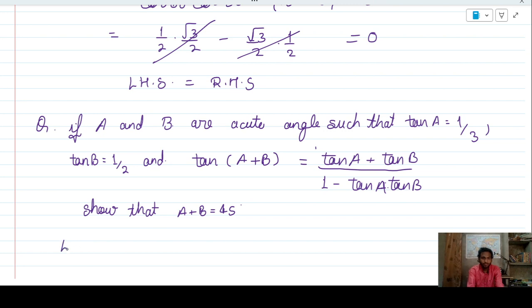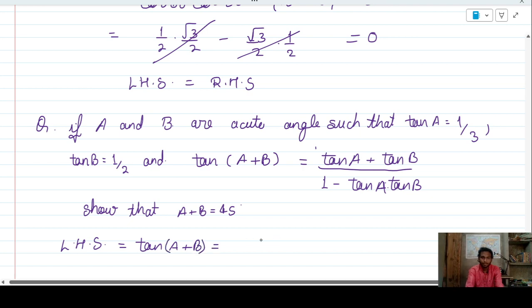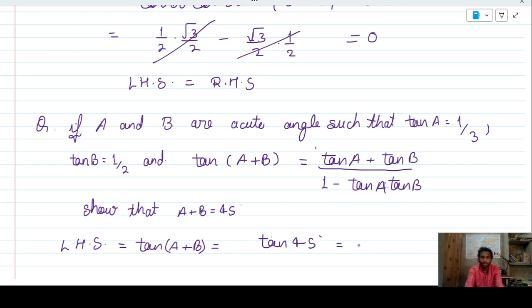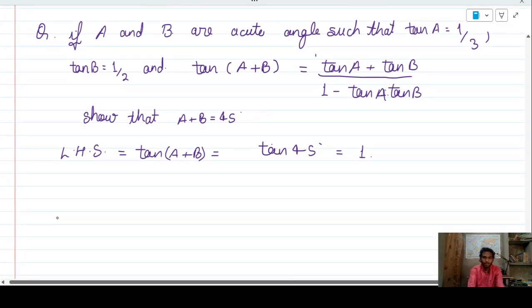Then we take the left hand side, tan A plus B. We know that in the given question, A plus B is 45, so the value of tan 45 equals 1. We take again the right hand side,